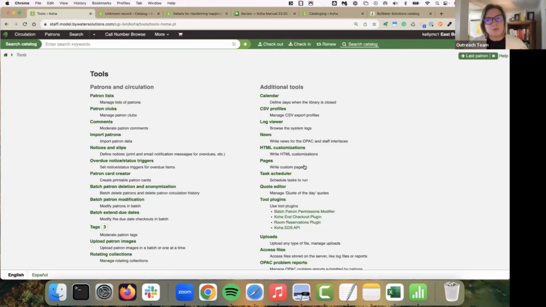I'm going to head over to the tools module. This is a great way to see a lot of the actions that you can apply to the data within the system. The report module, you're going to run reports to get data. Within the tools modules, you can run actions against the data. So you could go ahead and do a